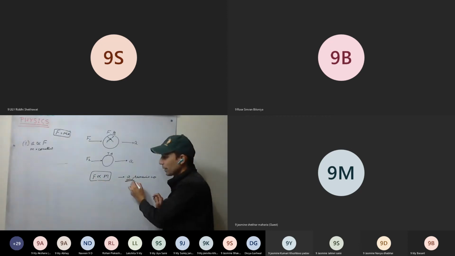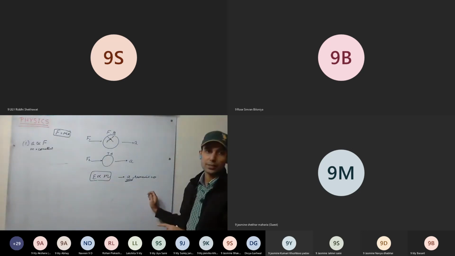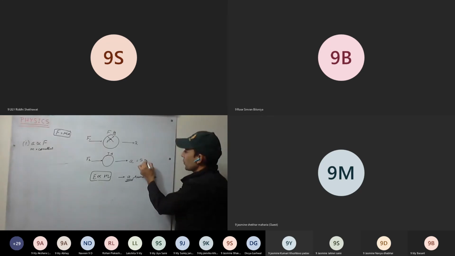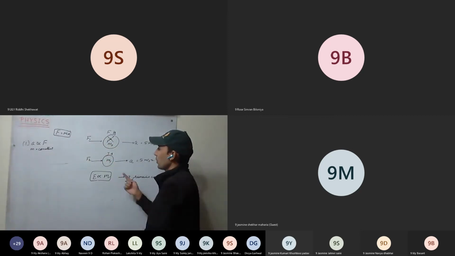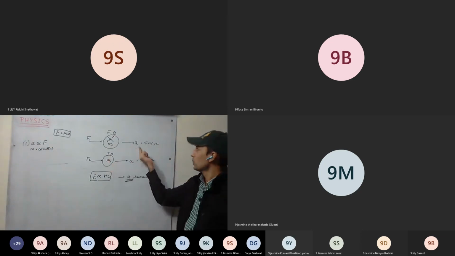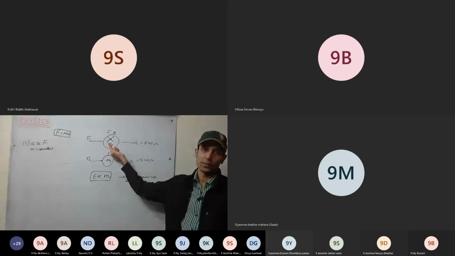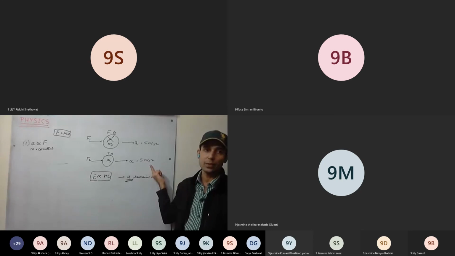So listen again: for the same acceleration to be produced in a given body, if mass increases, force has to be increased as well. For example, we have to produce an acceleration of 5 meters per second square in both the bodies. Here, mass is more. MF is the football mass, MT is the tennis ball mass. We have to produce the same acceleration. That means on the football we have to apply more force to produce the same acceleration as compared to the tennis ball.